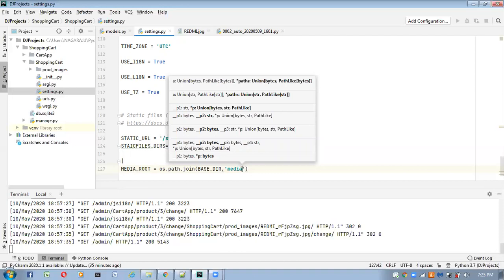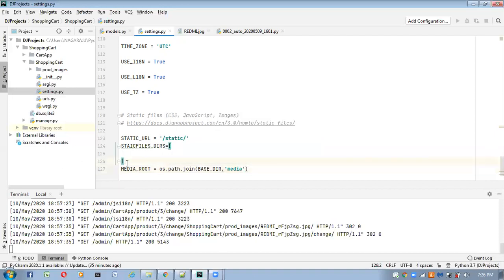The second one is the MEDIA_URL setting. What is this? This setting works similar to STATIC_URL. If you observe inside the settings.py file, here we have STATIC_URL. In the same way, this MEDIA_URL also will work.